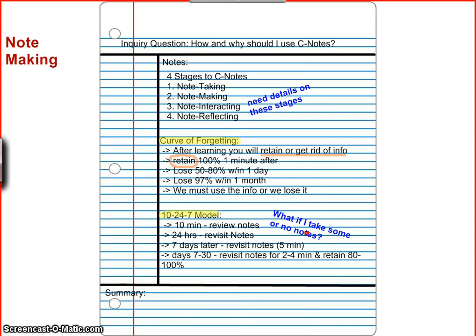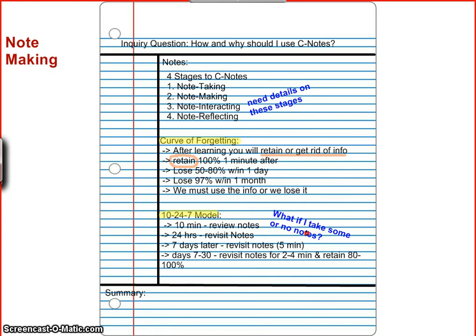But Mr. Schumaier, what if I take some notes? I take okay notes, I take half of them. The same study shows you're still only going to remember 59% of what you learned. 59% is still a below. You're not going to be successful in anything that you do when it comes to the notes that you just took. So if you want to be successful with the information,